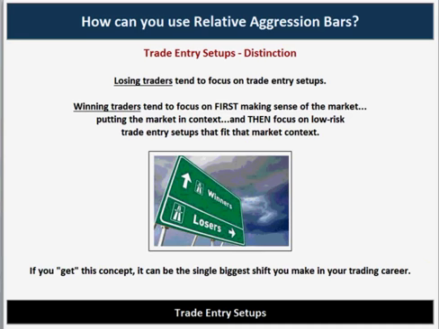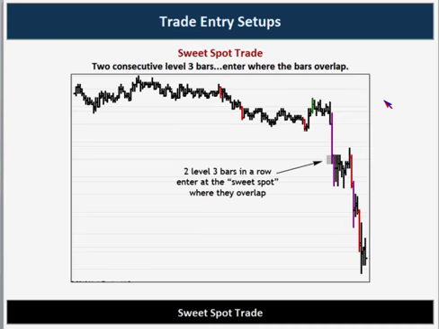Hopefully that makes sense. So the first trade entry setup we want to talk about, and again, I'm just talking about level 3 bar type trade setups, is what we call our sweet spot trade. And the idea here is that when you have 2 or more level 3 bars right in a row, you want to identify the area where those 2 bars overlap. And that's kind of the sweet spot, kind of the idea where it's a really good trade entry location,